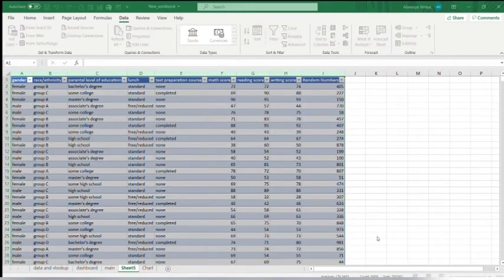In the Power Query editor, we must go to the random number column, and select the drop down box. After selecting the drop down box, we will see some options.